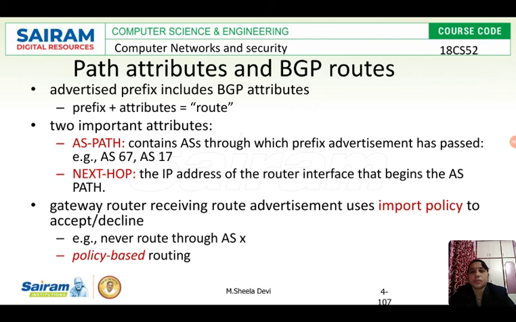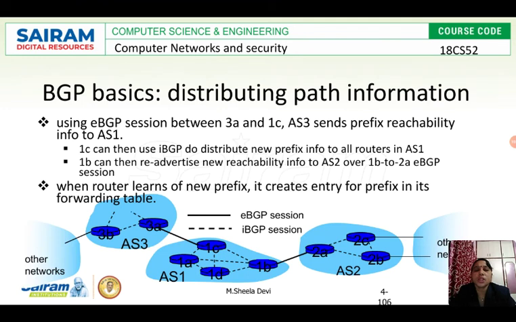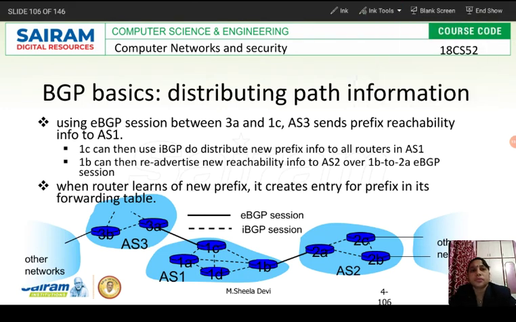Yes, prefix plus attributes. The attributes contain two things here: one is the autonomous system path and the other is the next hop. Autonomous system path means, if I have to reach, take the previous slide, we'll assume this is a new subnetwork, and 1D should communicate with this new subnetwork.